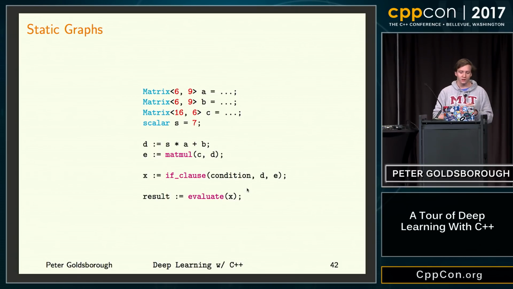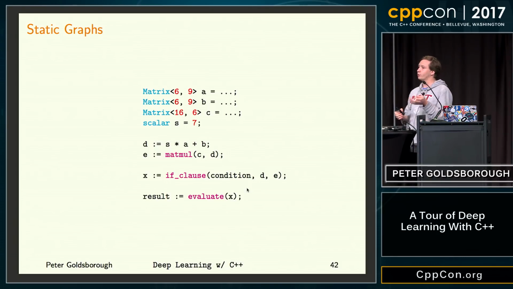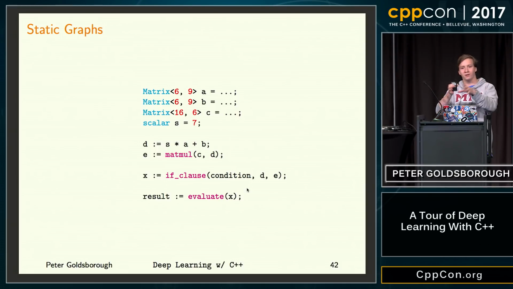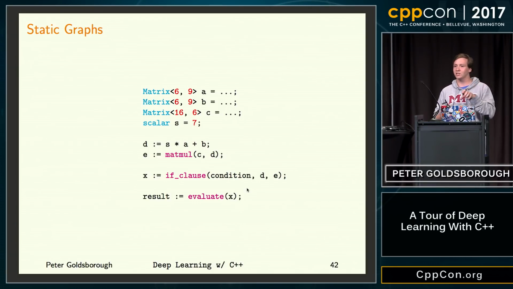And the other really important part is that if you imagine this would be an interpreted language, then if the interpreter runs through the line saying d equals s times a plus b, this would not actually produce a value. Instead, d would be a handle to the computation graph representing its value. So that's why we could actually say that this kind of programming is declarative. We're actually not computing anything, we're just describing a graph. Similarly, e would not be an actual matrix, it would just be the computation graph that would lead to the value of that matrix. And what this means is actually two things.